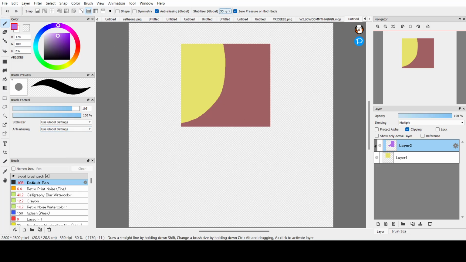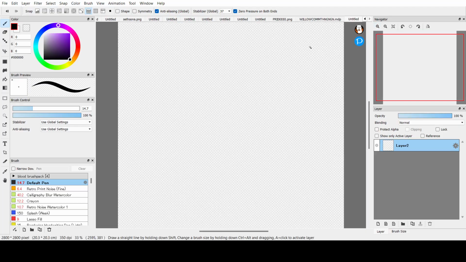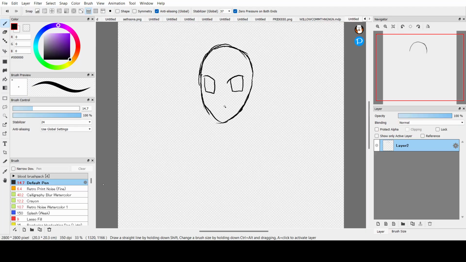So now I'm going to show you an example of cell shading. I'm gonna do a really quick little doodle here. I don't know why my pressure is being weird. Whatever. Bro, why is that? They're doing construction right when I'm trying to do this. Okay, so